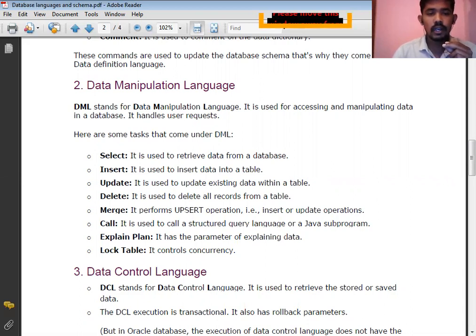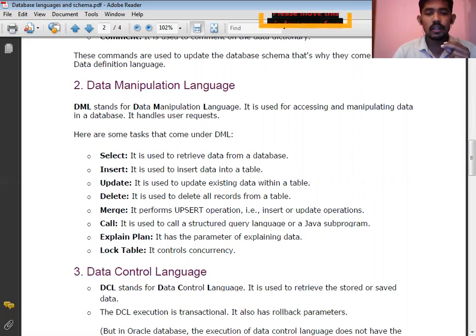Merge performs the upsert operation. Upsert means insert and update operation at a time. Call is used to call a structured query language or Java subprogram. If you want to call another program in the database, it is possible by using the call command.